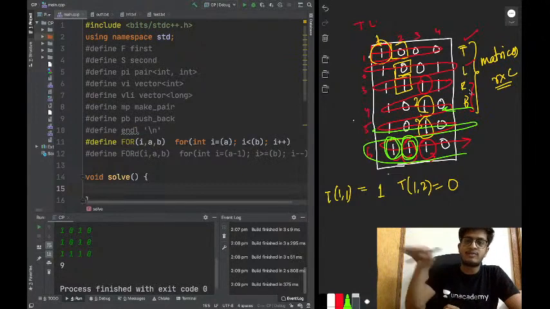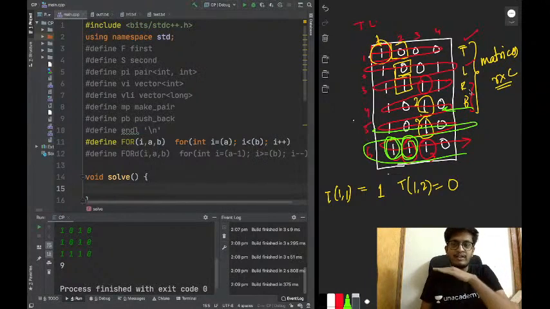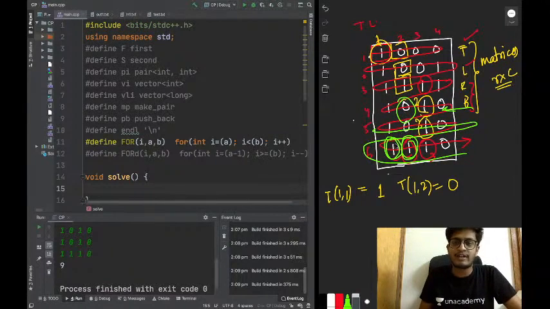From bottom to top and from right to left, so that now we can update B and R values. Because if we traverse this matrix like this, at any cell its right and bottom values will already be processed. When I am at this cell, we don't have any bottom, but its right value will be processed.